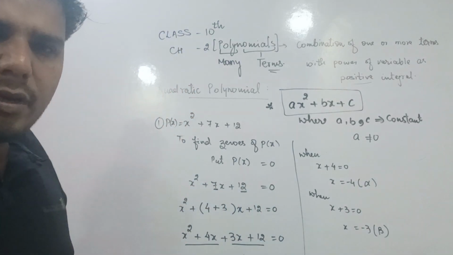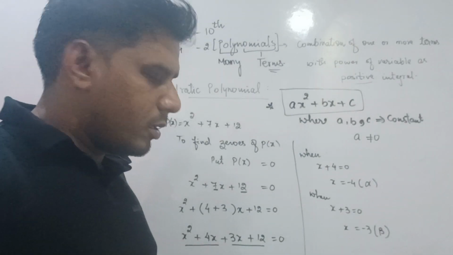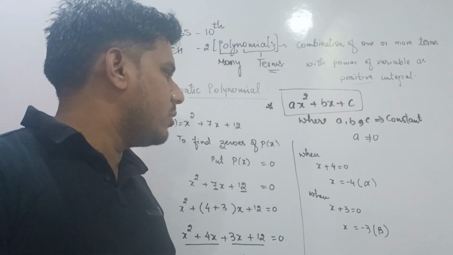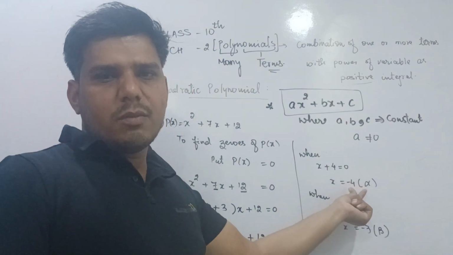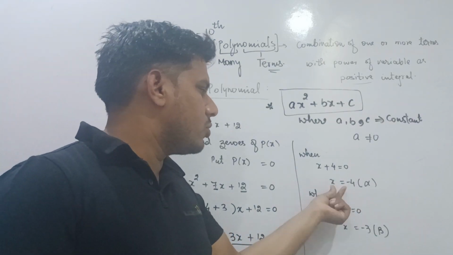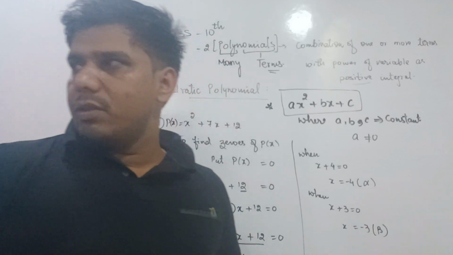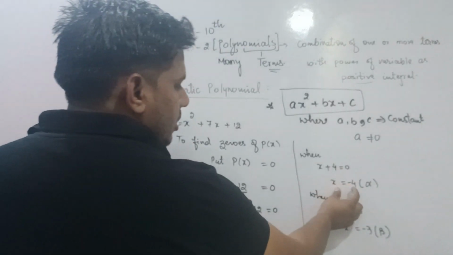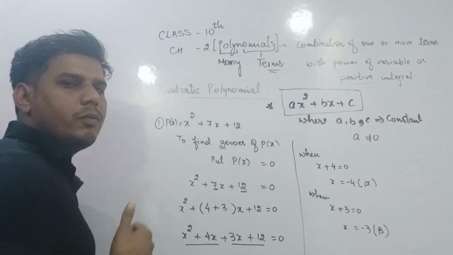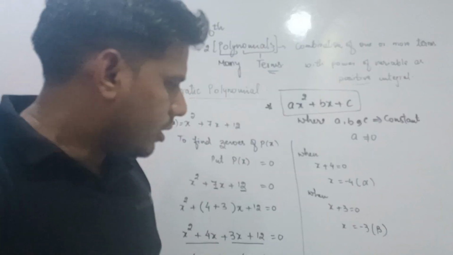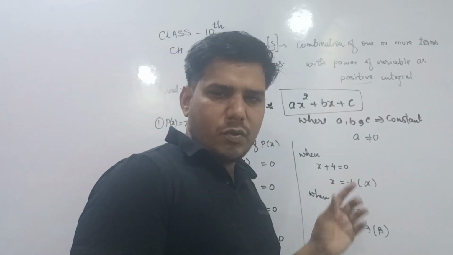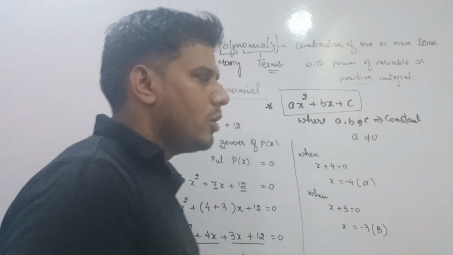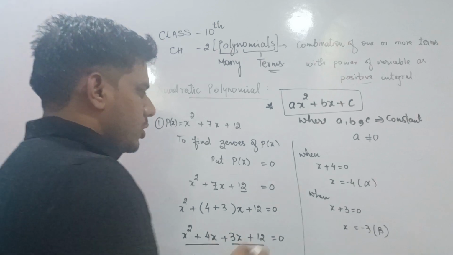Factorization method we have learned in the class 8th and 9th, and now we have put the product of two numbers is 0, then we can say either the first number will be 0 or the second one will be 0, so we can find out the zeros of polynomial here. If we are going to check whether these are the zeros of polynomial or not, if we want to check our answer here, as x is equal to minus 4, someone is saying x is equal to minus 4 is not the zero of polynomial, then what you need to do, you need to check this answer.